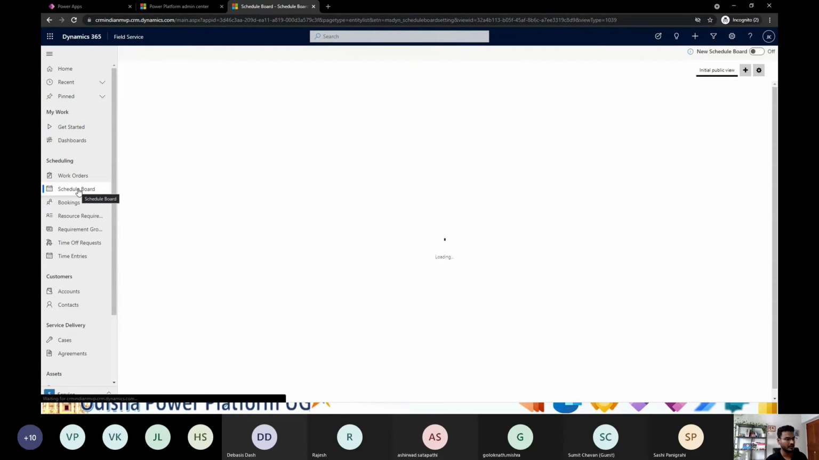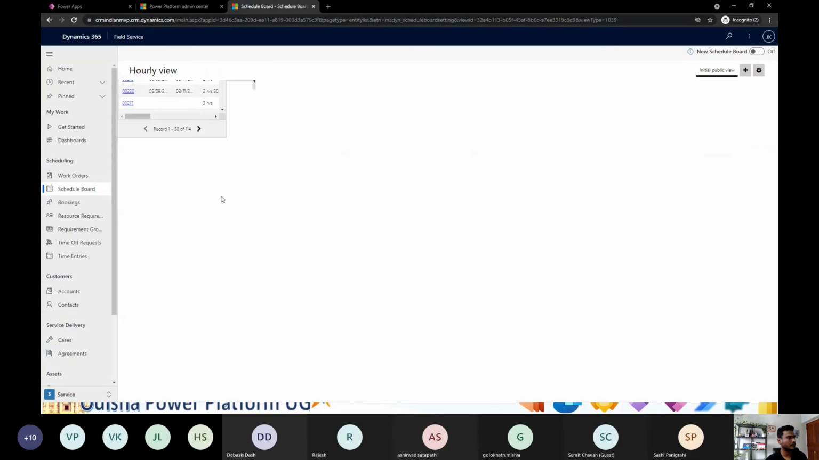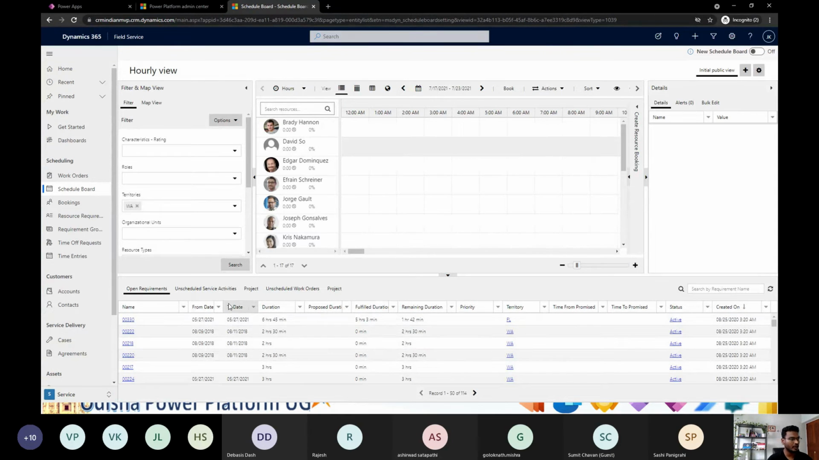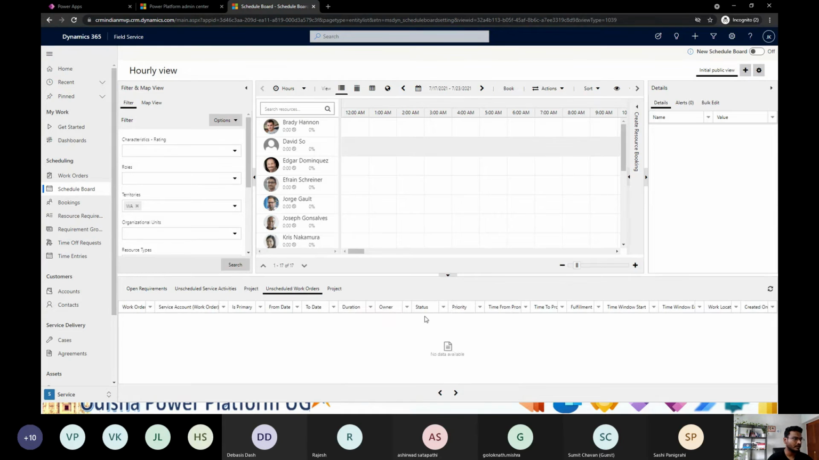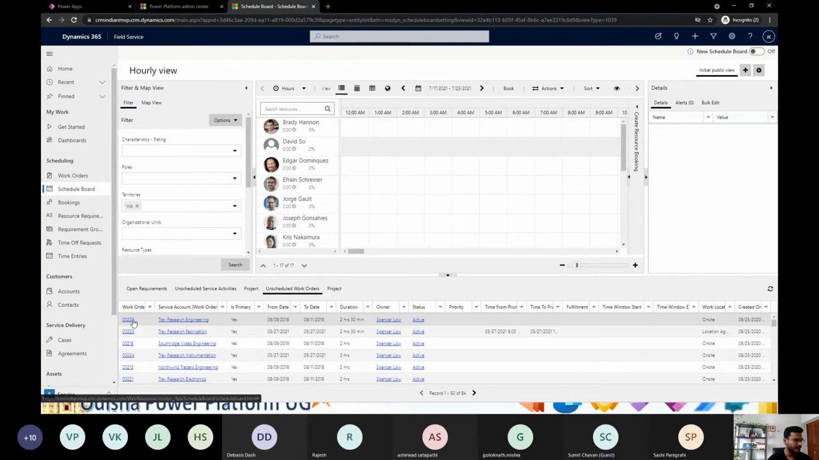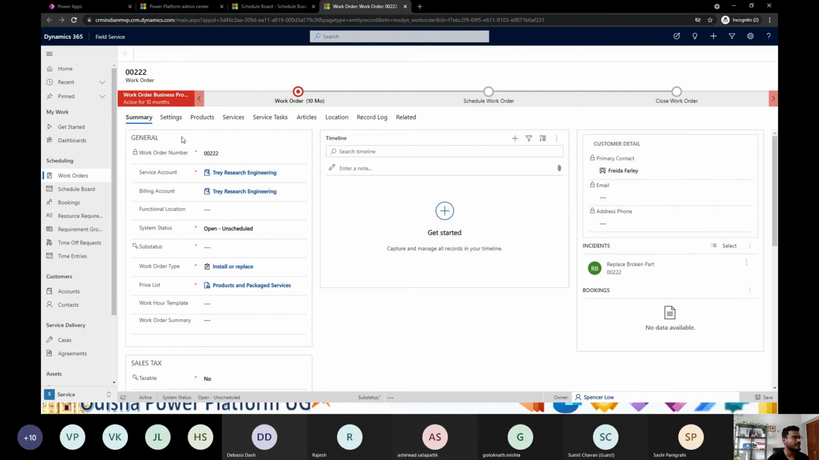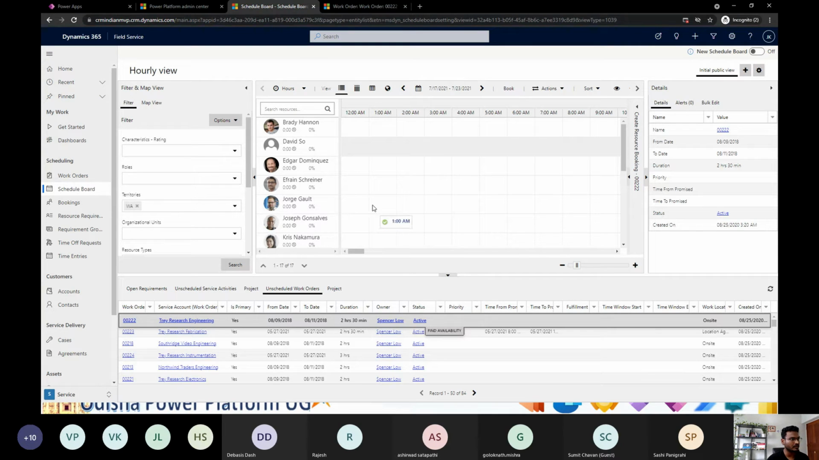One way is they can open the schedule board and they will see the list of jobs. So a list of jobs like this, you can see these are all unscheduled work orders. Work orders and recommendations are both the same, and they can do scheduling in different ways. So for example, if I take this work order, 0222, and open it here, you can see it is unscheduled. If I just drag and drop to someone,